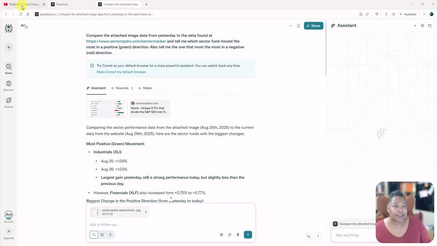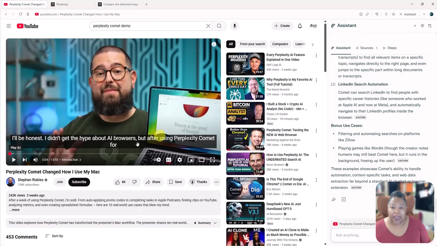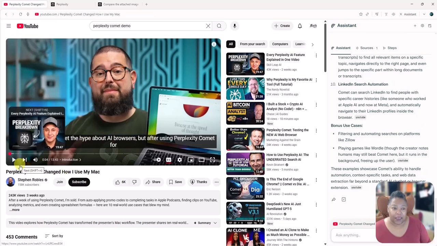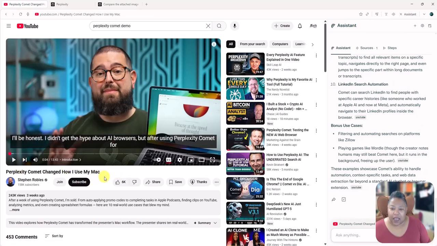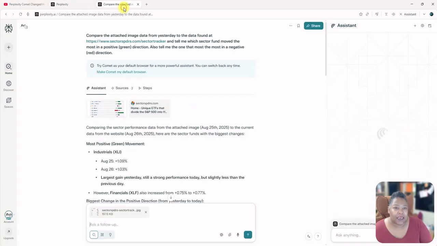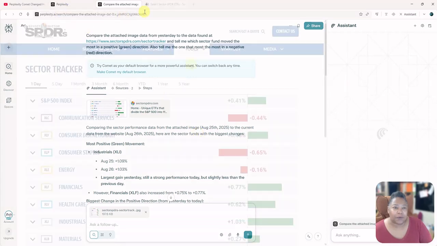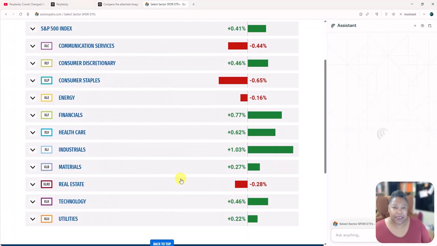All right, so this is my first look at the Perplexity Comet browser, and I watched this video right here, and I also watched this one, Perplexity testing the new AI web browser. Now, this was 4 weeks ago, and this one was 3 weeks ago. And it actually had a bunch of use cases, but the one that I tried is going to this website